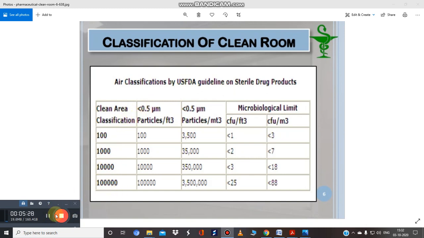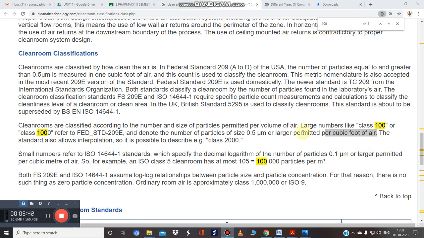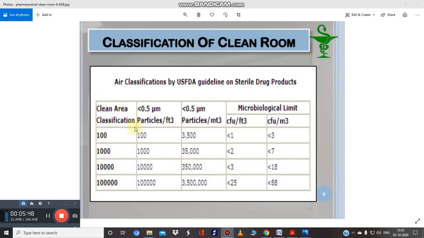See here, the particle size permitted is 0.5 micrometer and larger, and it is per cubic foot of air. So for a class 100 area it is 100, and for a class 1000 area it is 1000.